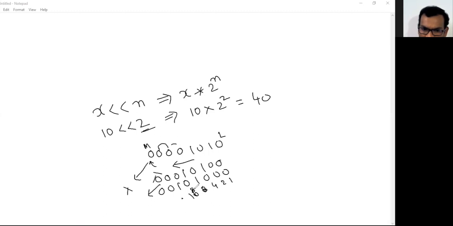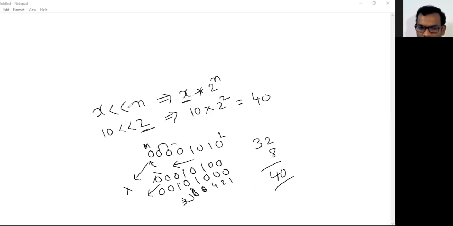And this is 32. The corresponding positions where 1 is available are 32 and 8. So the value will become 40. So the rule is that if you are having a number x like this, and if you are